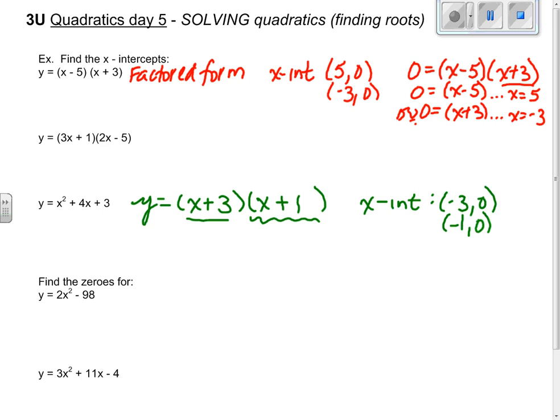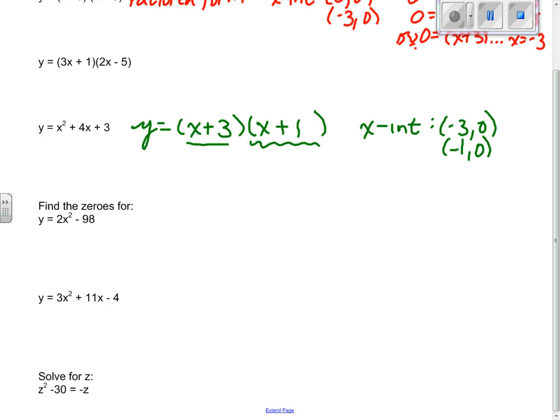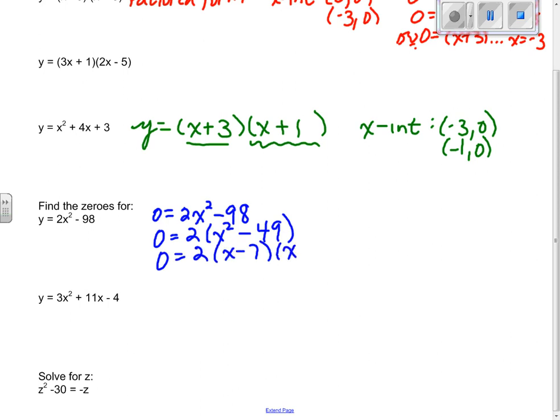Fourth question is asking the same thing in a different way. Finding the zeros for something is the same thing as finding the x-intercepts, or finding the solution when y is equal to 0. So, to find my x-intercepts, I can do that in two different ways. I can factor, where I take out a common factor of 2. Notice that it's a nice difference of squares, (x minus 7)(x plus 7),